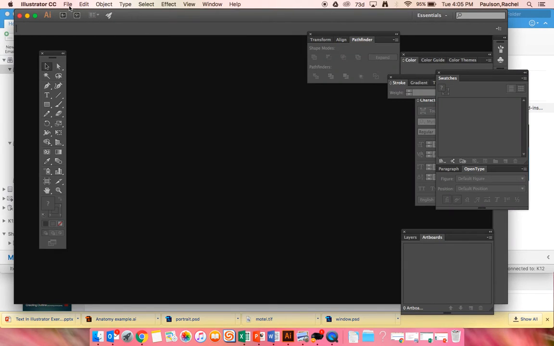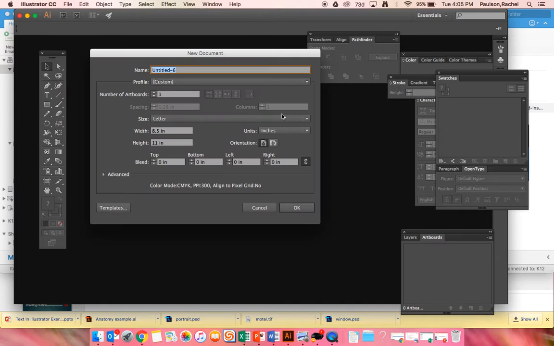We're going to start out by just making a new Illustrator document. So File, New. Let's just make it a standard 8.5 by 11. Make sure that units is checked for inches. You're not creating a document that's tiny points. Let's title it Your Name